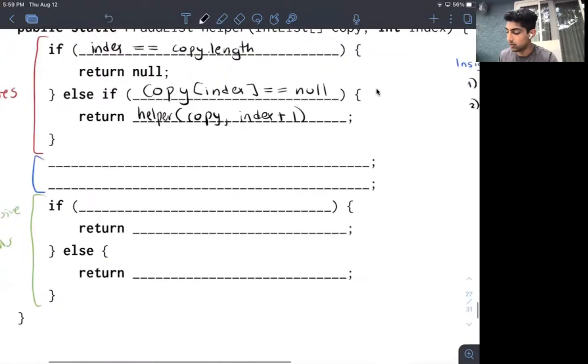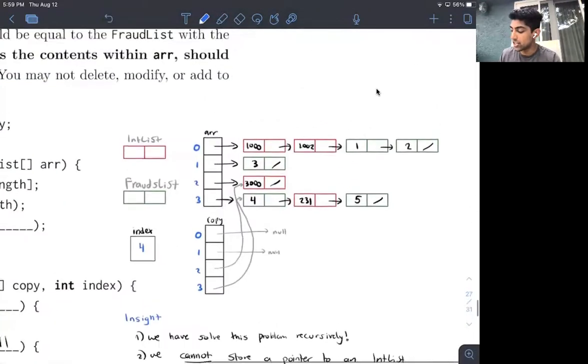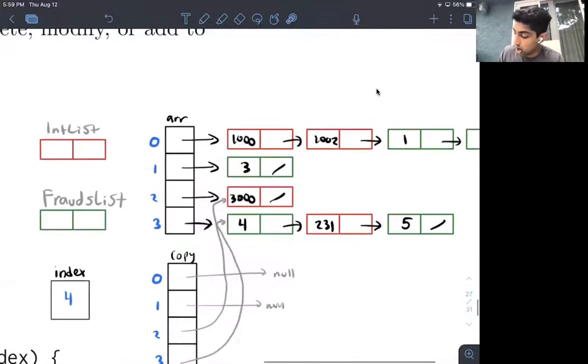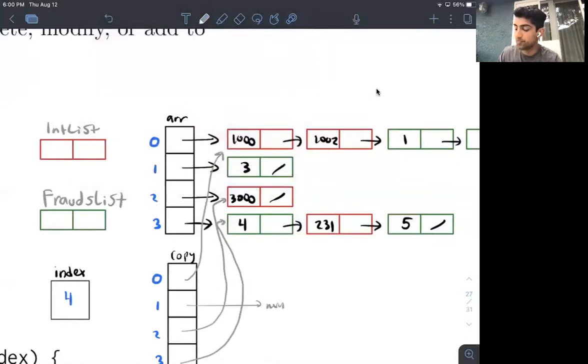And what I want to do here in this blue section is we somehow need to change copy of whatever index we're at. Recall what we did in this step: I said, initially, copy of 0 pointed here.